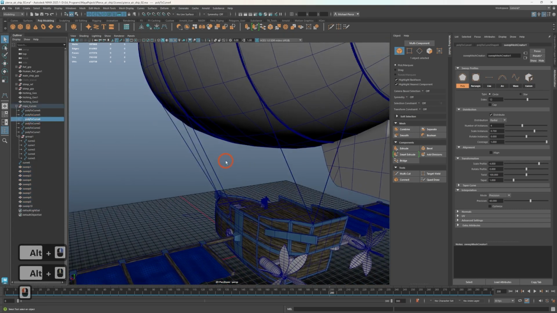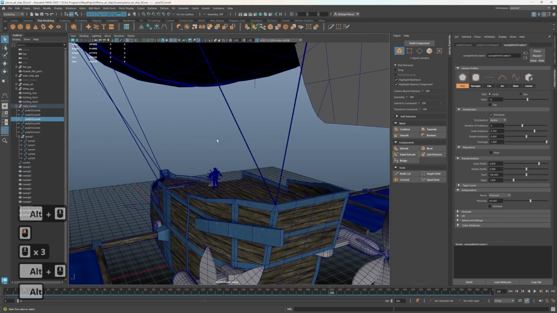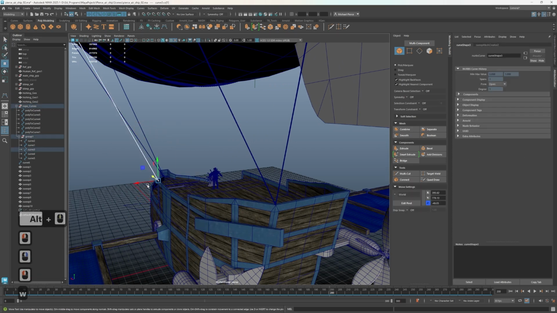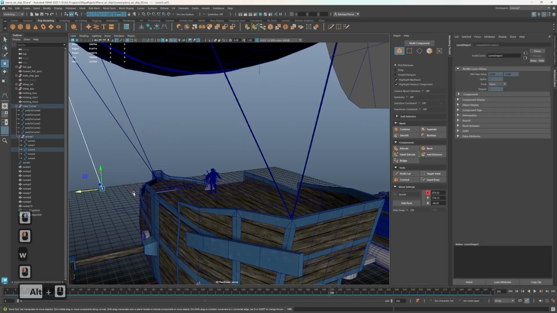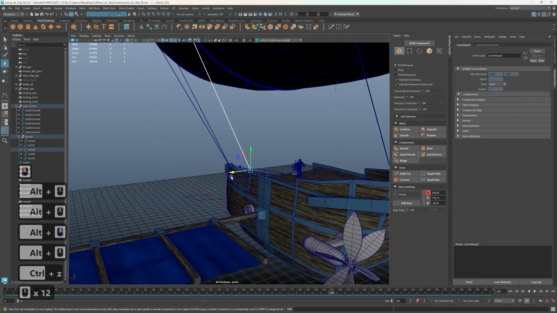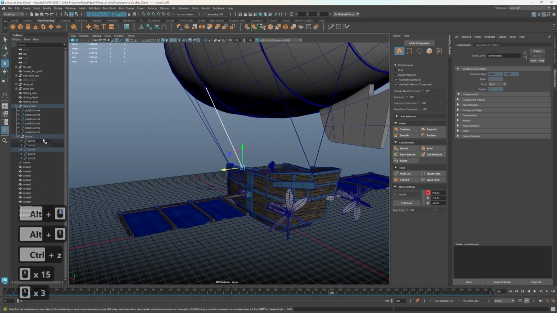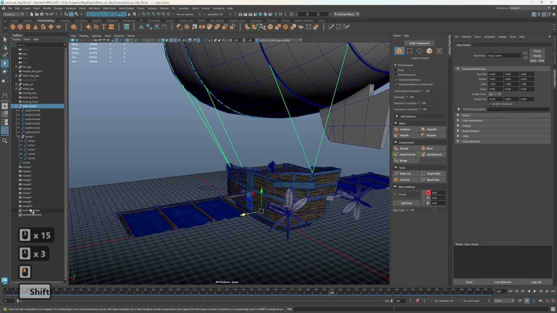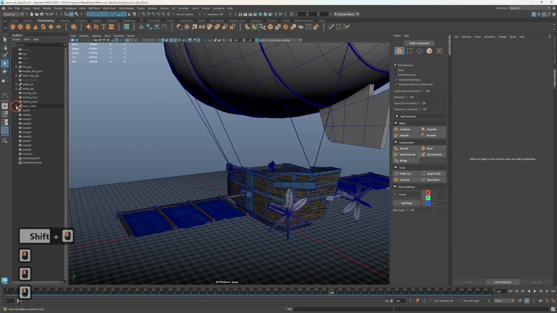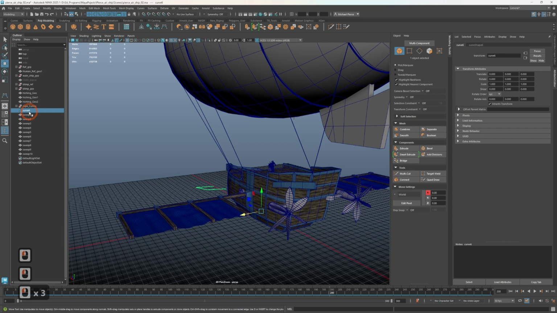Before then, you can still go back here to the curve, right? For example, if I grab one of these, right click, go to control vertex, watch this. The rope will also move with it. See? So I'm going to undo that. And I'm going to select all my ropes and we're going to delete history. Now I'm going to delete these spare